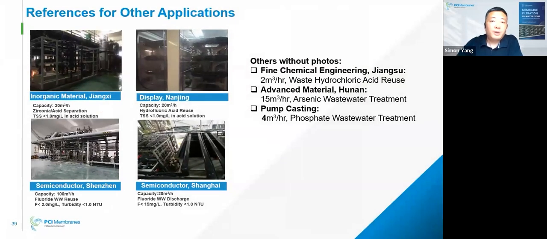And here are references for some other interesting applications. This one is zirconia and acid separation. This one, the hydrofluoric acid reuse. Fluoride